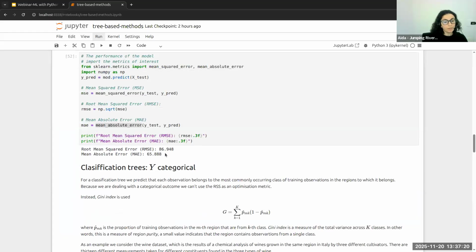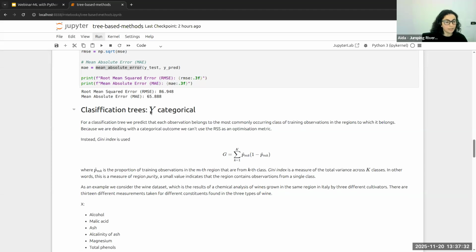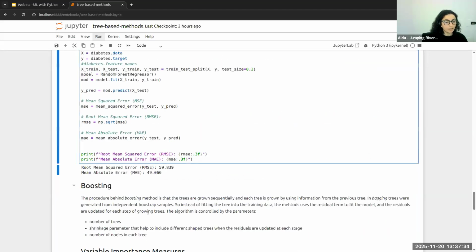If I go above, it was much higher when just fitting a single regression tree. The same happens with the mean absolute error, which had a value of 65 up there, and down here it is 49. So we can see, with just a simple example, how much the behavior of the model has improved.